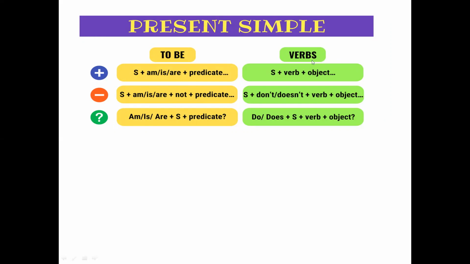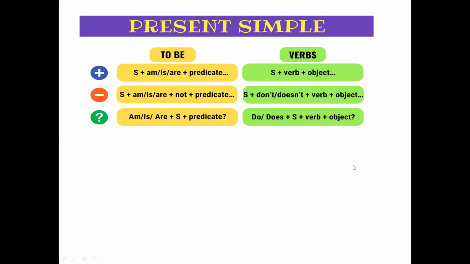Now this other form is where we have verbs other than forms of be in a sentence. In case of an affirmative, meaning positive, sentence, we will use the first form of verb. First form of verb means base form of verb, right? If our subject is singular, then we add s or es with the verb. If our subject is plural, then we don't add s or es with the verb.